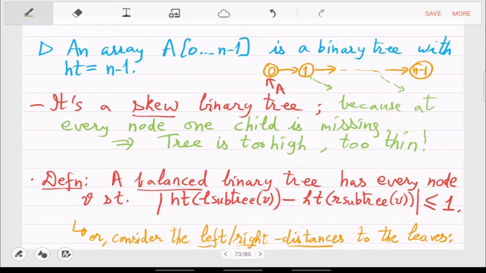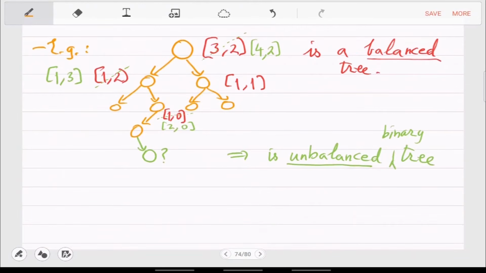Equivalently, we can consider, so this I have written, last time it was not there, we can consider distances to the leaves. Okay, so the farthest leaf on the left and farthest leaf on the right. We can also look at that. So that example is here. Numbers are now changed. So at the root we have 3, 2, because we are actually looking at the distance of the farthest leaf on the left side of the root.